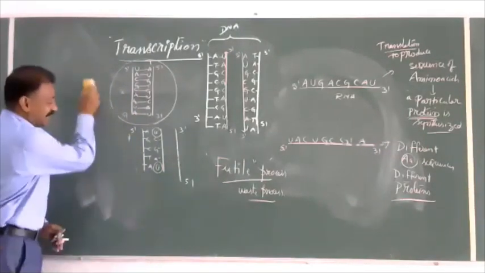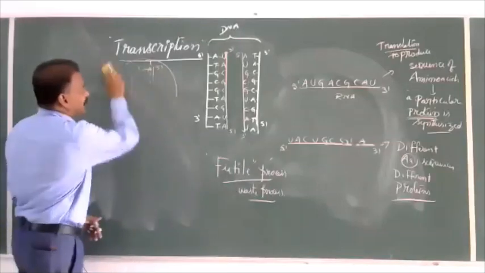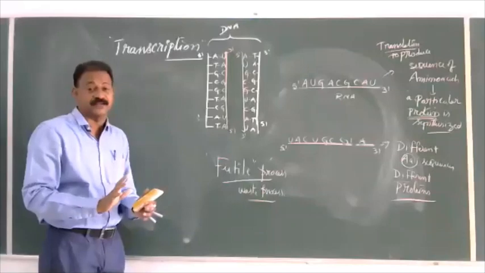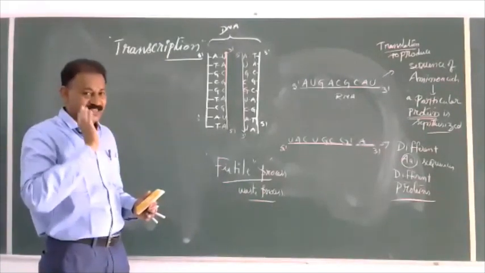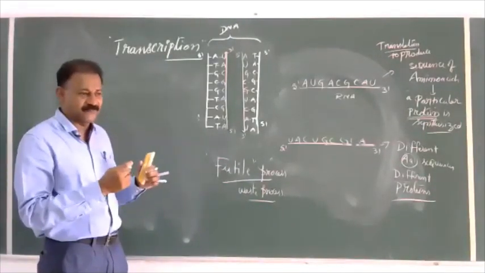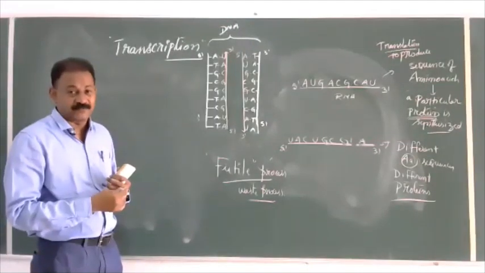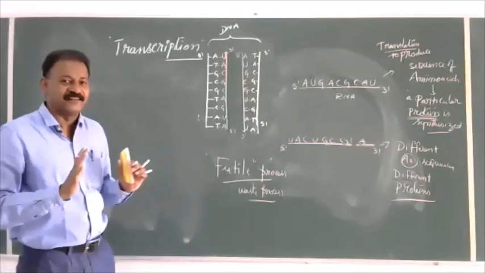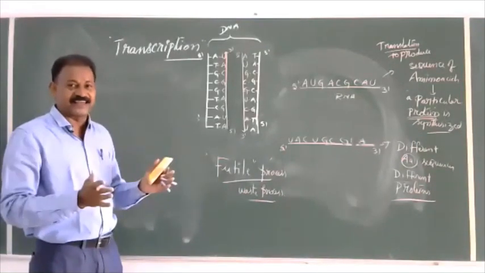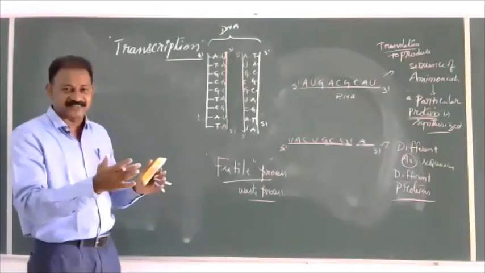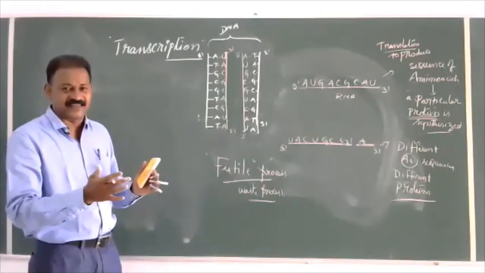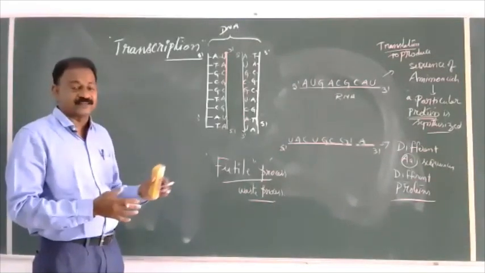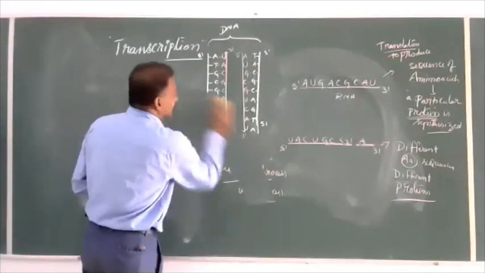Why is transcription considered a futile process? One of the following is correct. Out of the four options, my dear students, precisely you have to think which type of option they have given. Sometimes all the four options seem nearly the same, nearly correct, maybe correct or incorrect, but we want the accurate answer. Unless you know the subject concept, we are not going to be able to answer any question.